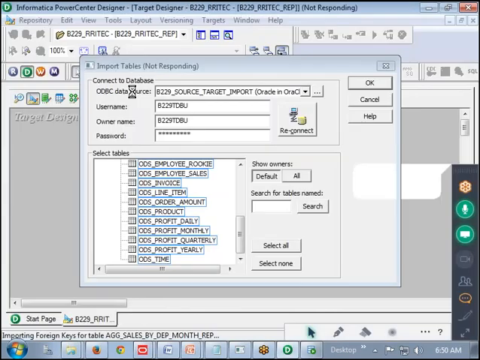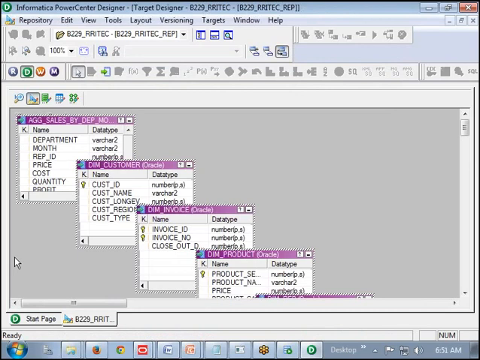Okay, first it is trying to import. Still it is importing. So all things are imported here.